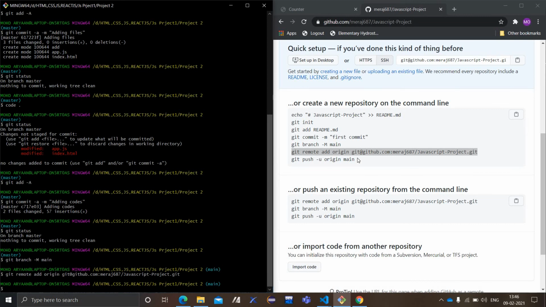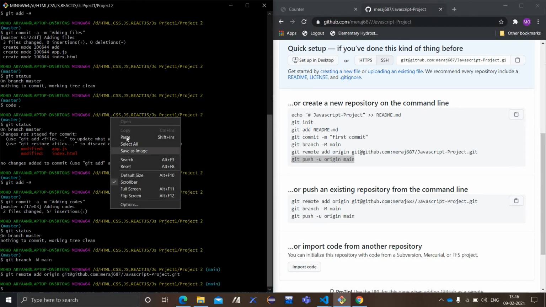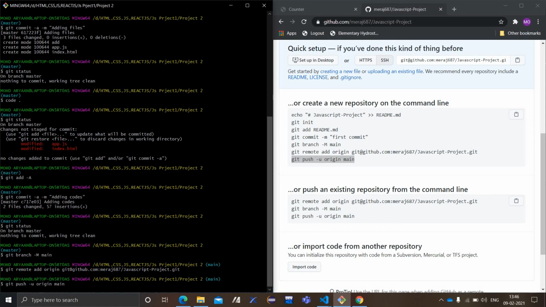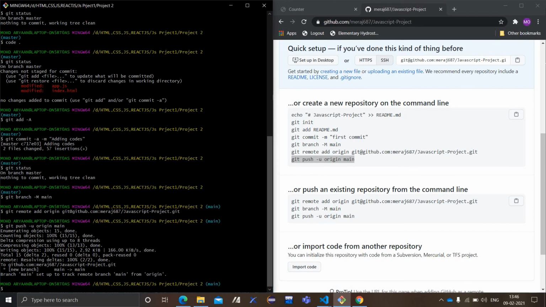Then you have to push this, git push -u origin. See, solving deltas 100%, done. Now it's working.